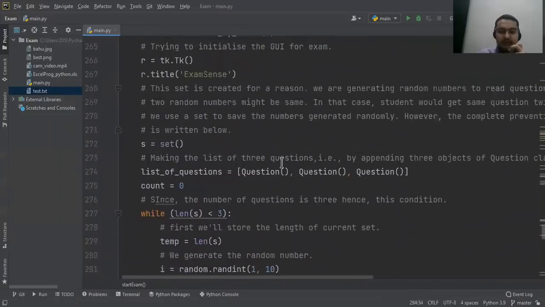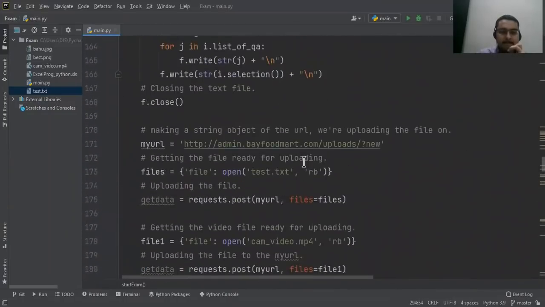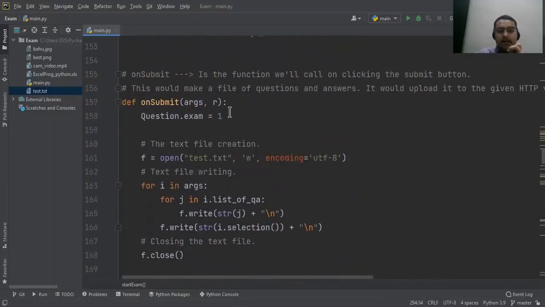Now let's have a look at the on submit function. Over here we have an on submit function, which essentially means that the exam variable has been set to 1, which means that the exam is over. So whether you have pressed the submit button or 3 minutes have passed, in either case the submit button has effectively been pressed, and your examination is over.